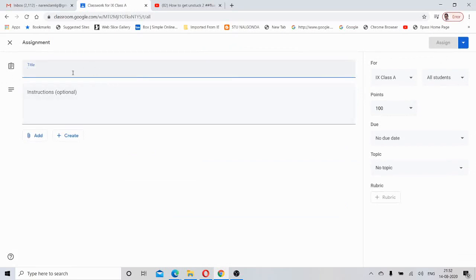So please record an audio, or make an audio, let me change that.